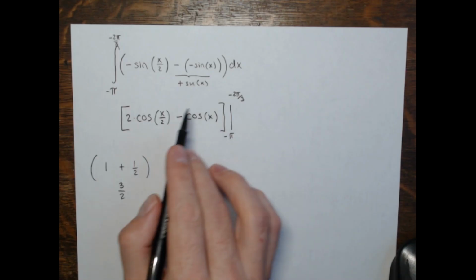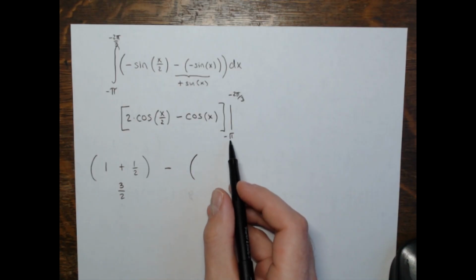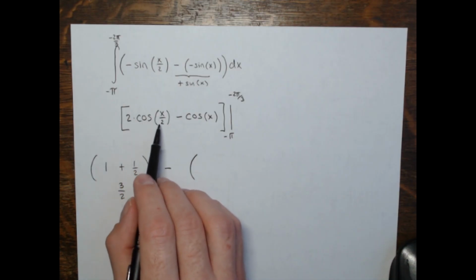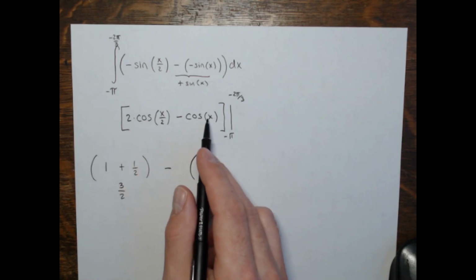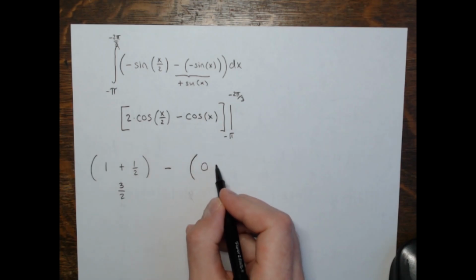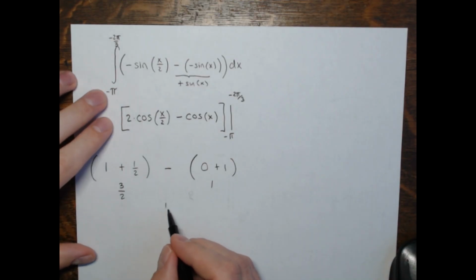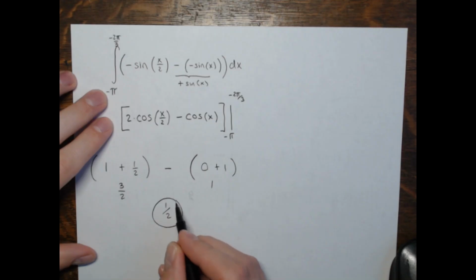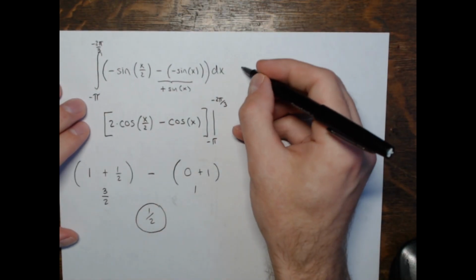So there's the value at the top limit, minus the value at negative pi, and the cosine of negative pi over 2 is 0. And then the cosine of negative pi is negative 1. So it'd be minus negative 1 or plus 1. So you got 1. So 3 halves minus 1, that's a half. All right, so the area, that first area between x equals negative pi and x equals negative 2 pi over 3 is a half a square unit, positive half. And then we're going to add to that